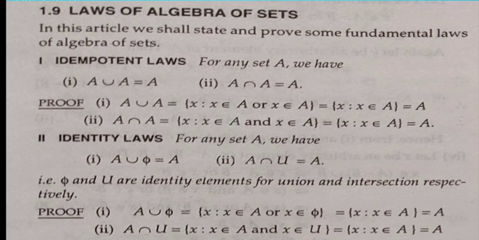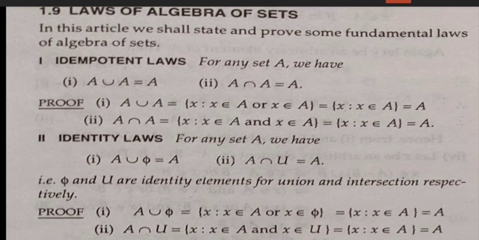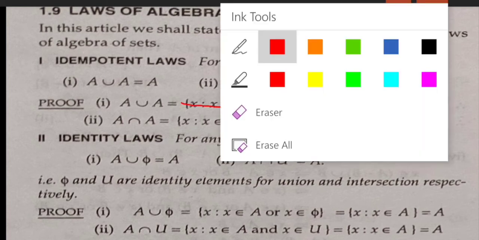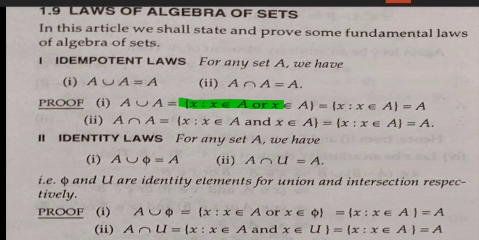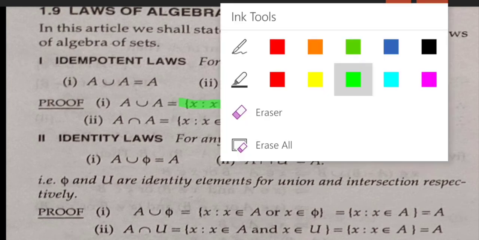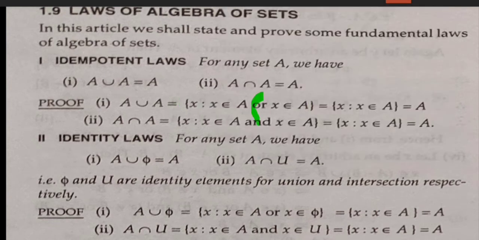Here A union A can be written mathematically as the set of X such that X belongs to A or X belongs to A. Union means the term or.